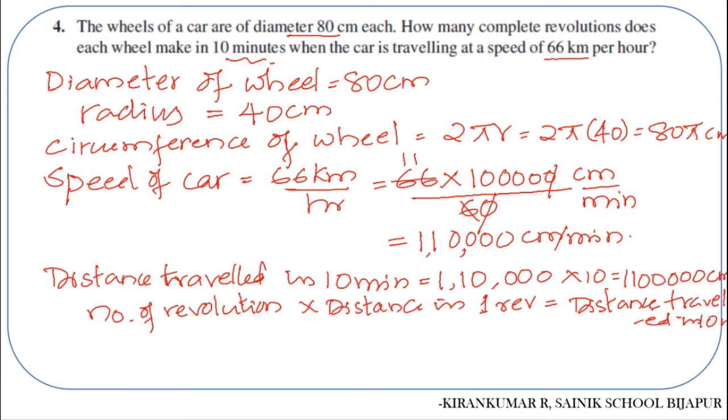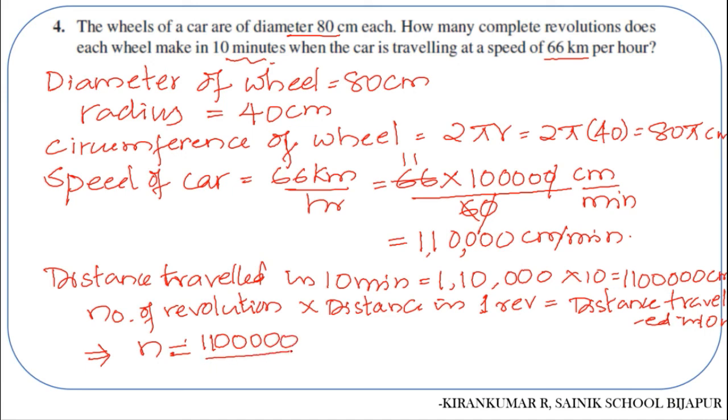That is what we understand from this. If I consider the number of revolutions to be n, it will be equal to the distance traveled in 10 minutes, which is 11 followed by 5 zeros,